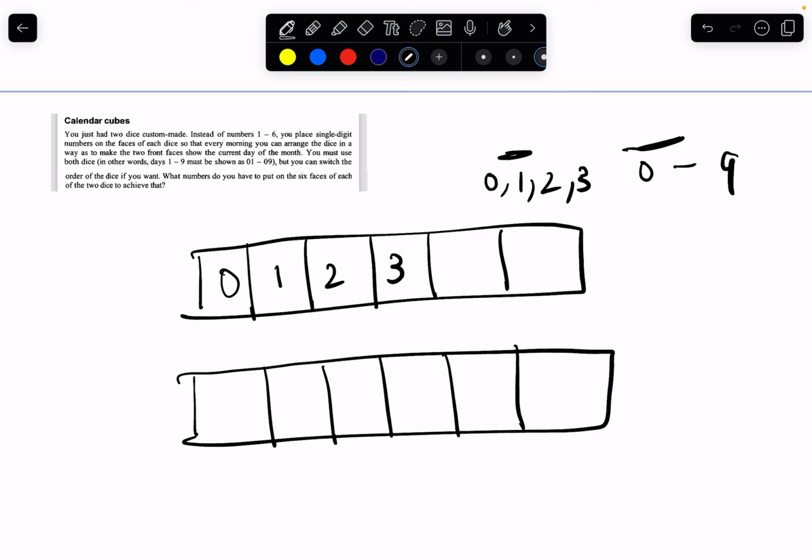What can we do? Think of it. What numbers are we left with? Let's look at the numbers we're left with. If we need 0 to 9, well, we will never have a 00 date. That's not going to happen, right? So should we not give the other die a 0? What's the harm in that? Let's say we're not giving the other die 0. Let's say we're going to put 1, 2, 3,